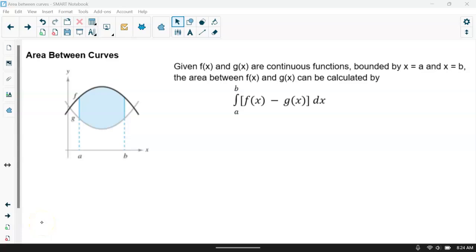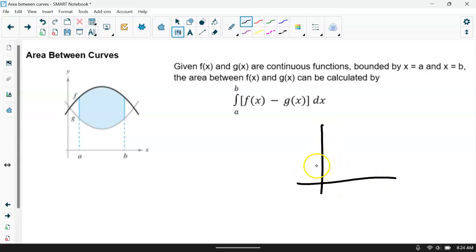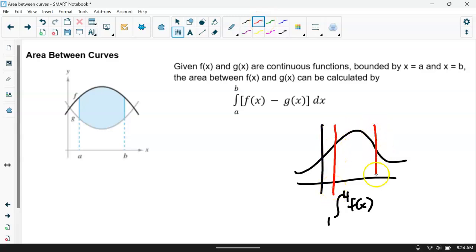In this lesson, we're still working with integrals where, remember, integrals are all about finding the area under the curve. And when we talked about area under the curve, let's say, for example, we had the area under the curve of this graph here, but we were also given our boundaries. So if I wanted to know the area under the curve from 1 to 4 of this function, then what we're doing is we're going from where x is equal to 1 to x equal to 4,